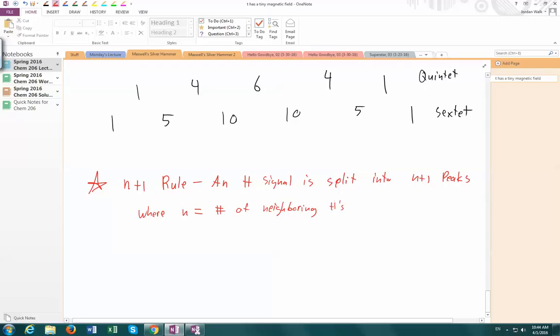Now when I say neighboring H's, do I mean H's on the same carbon or H's 1 carbon over? H's 1 carbon over, because if it's an H on the same carbon, well, those are going to be equivalent H's, right? And so those are ultimately the same proton that we're talking about. So we want to make sure we understand this is not connected to the same carbon. We're talking about